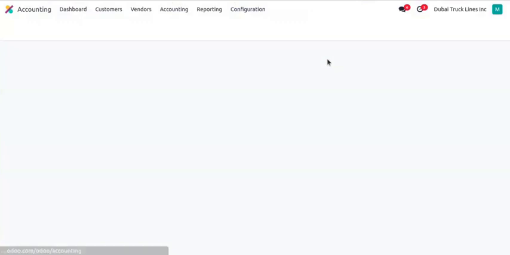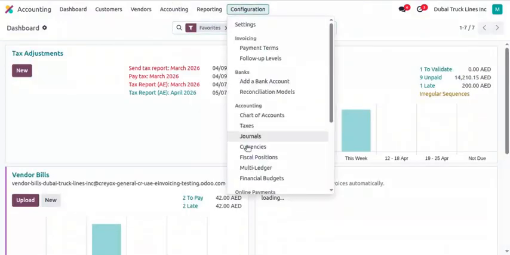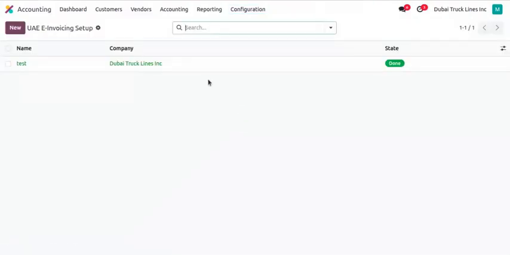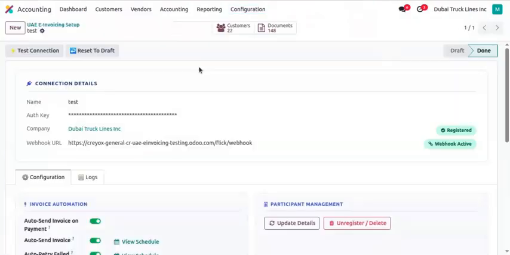After installing our module, you need to go to accounting, configuration, and there you will be able to see these three options: configuration, e-invoicing documents, and logs. In configuration, you need to create one configuration, and there you need to register your company. As soon as the company has been successfully registered, you need to activate your webhook URL from here. After activating the webhook URL, you need to test your connection, and after the successful completion of testing, you can